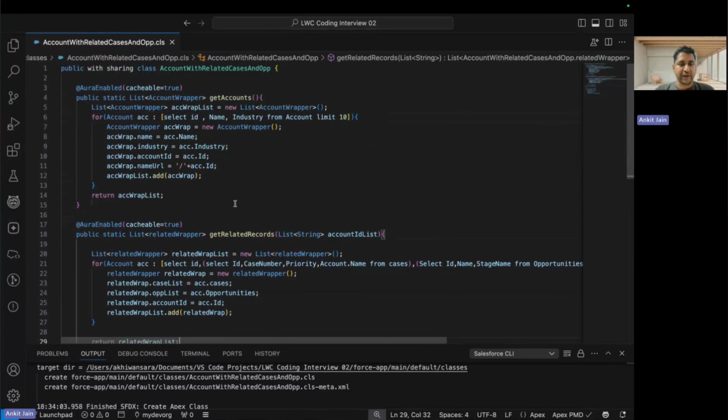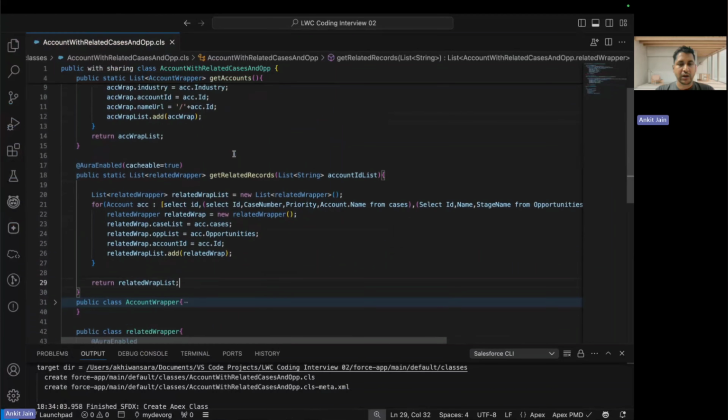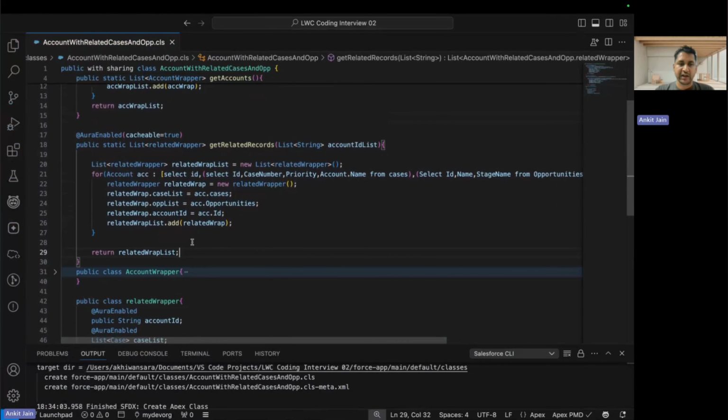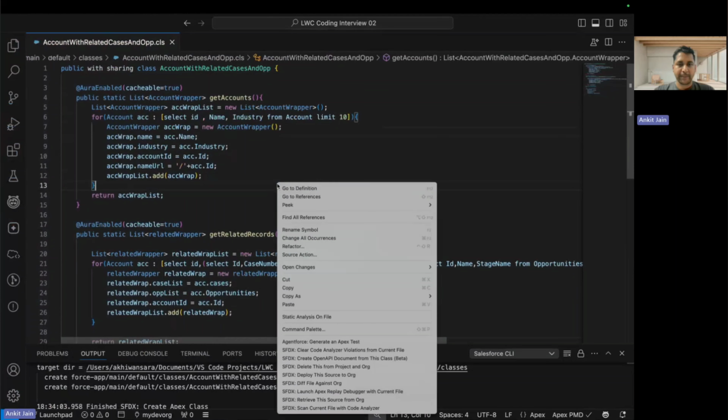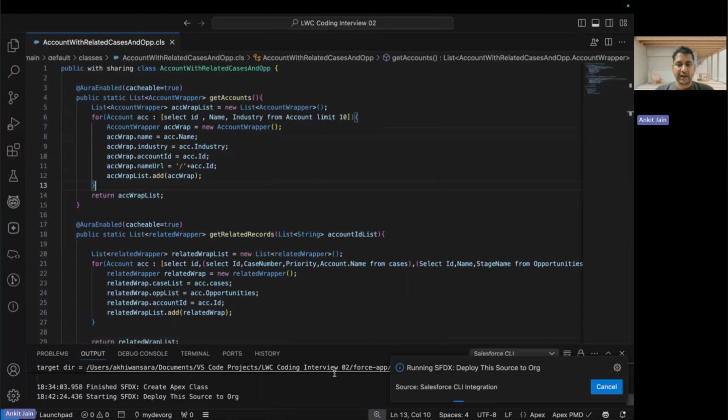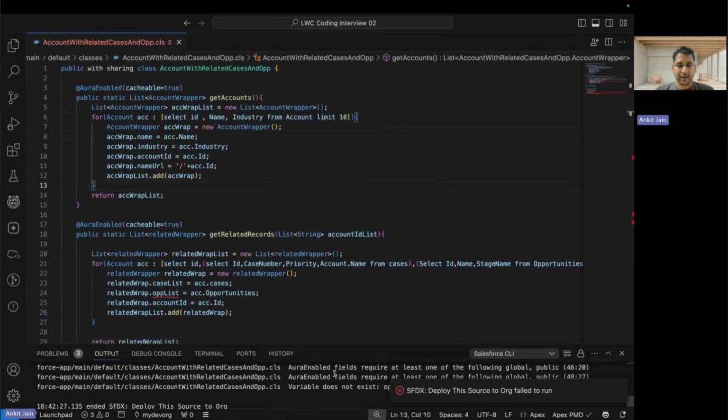Very simple, right? The two methods, first one will be loading all the accounts. Second one will be loading the related data. And with the help of wrapper classes, we are sending the data back to the Lightning Web component. Let me go and deploy this. And the next thing that we want to do here is,